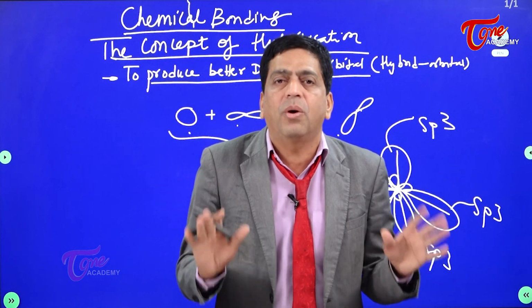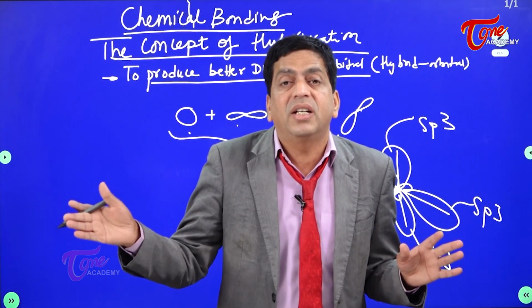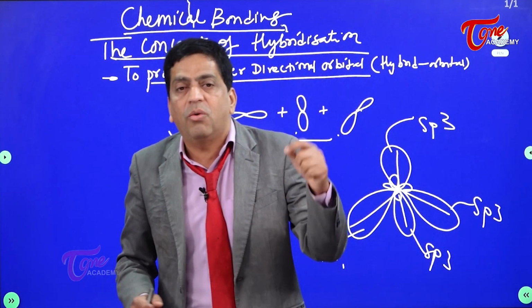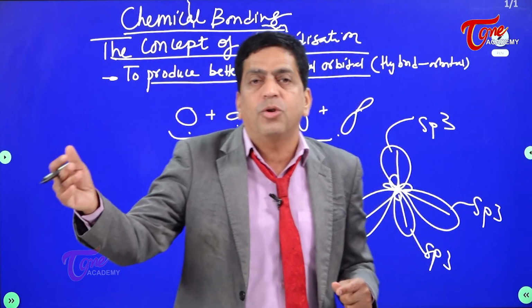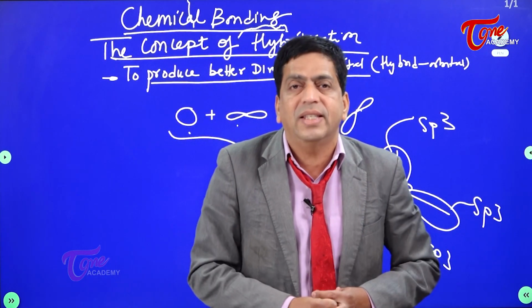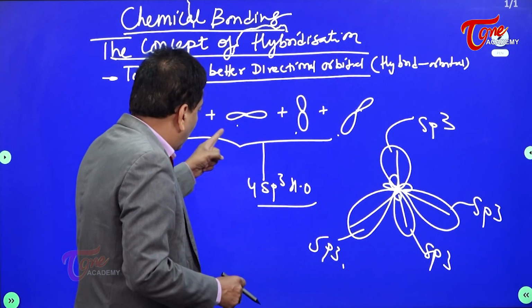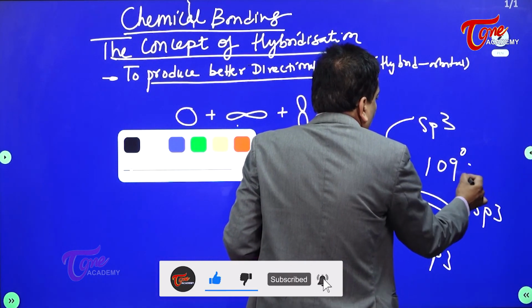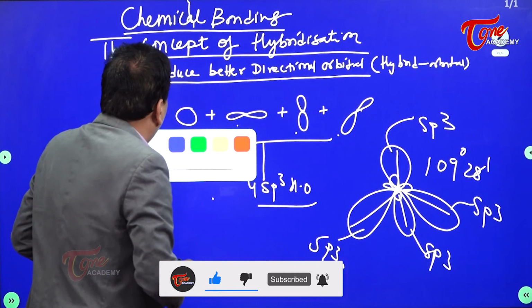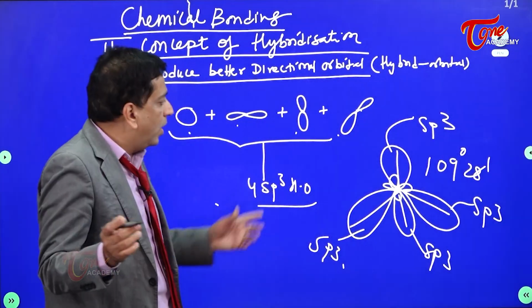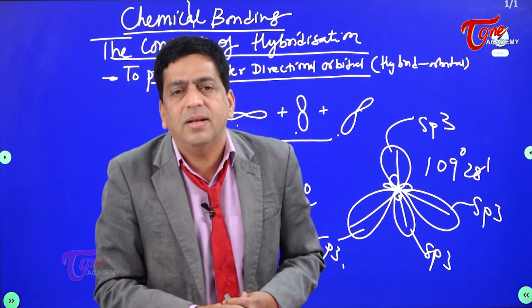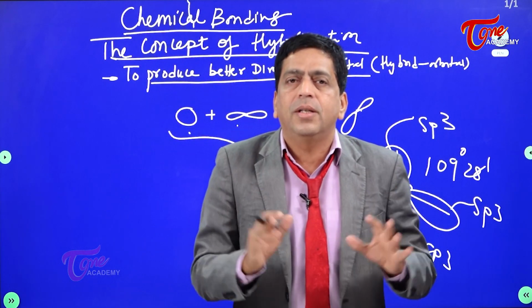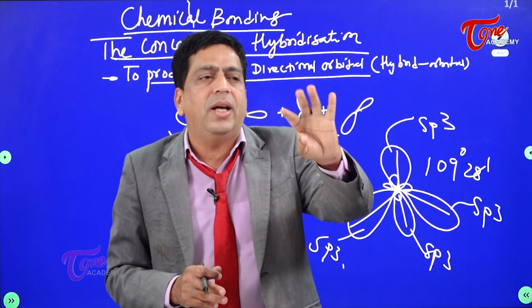All this is happening before bonding, such that to avoid the last minute questions you asked earlier in Pauling's theory, that I need to come obtuse or perpendicular, the p orbital projection of s onto s is not fixed and all these things, right? So this is how it is, and now the bond angle is 109 degrees 28 minutes. You must understand, it's basically 109 degrees 28 minutes. You must understand that. So it has better directional properties. So it's not necessarily intermixing of 1s and 3p's. You can have 1s and 2p's.